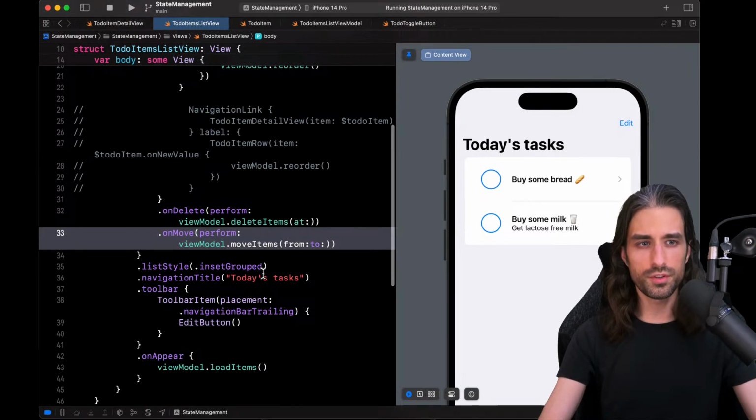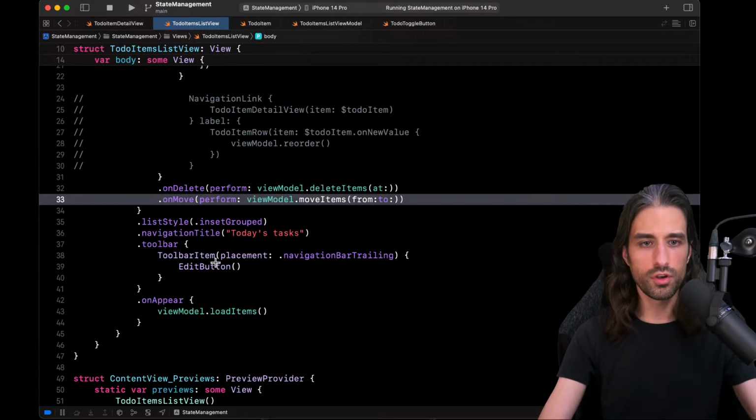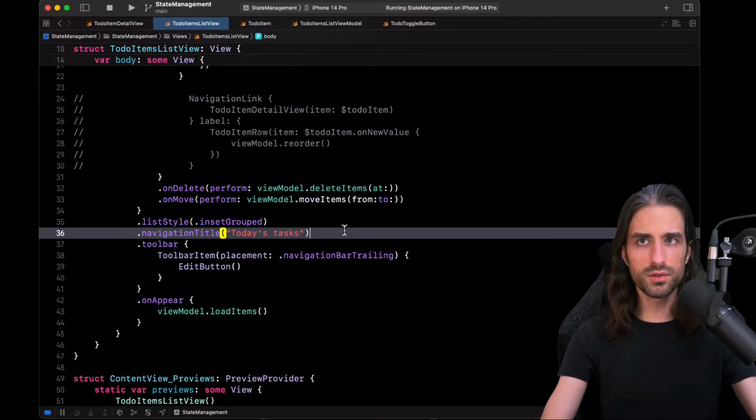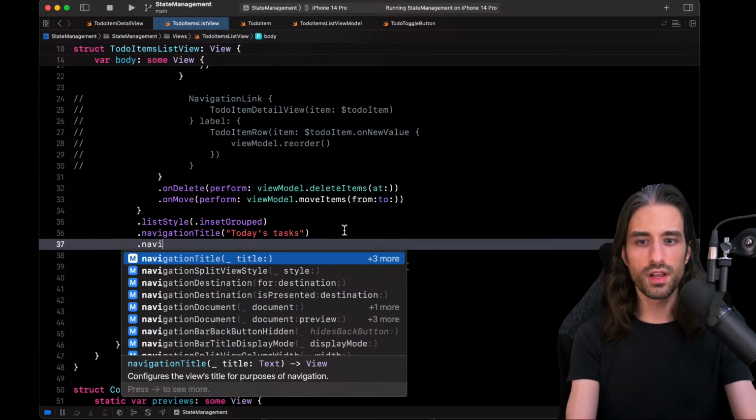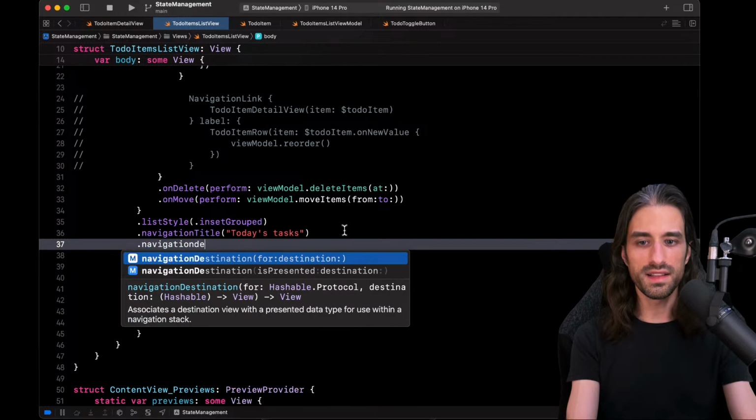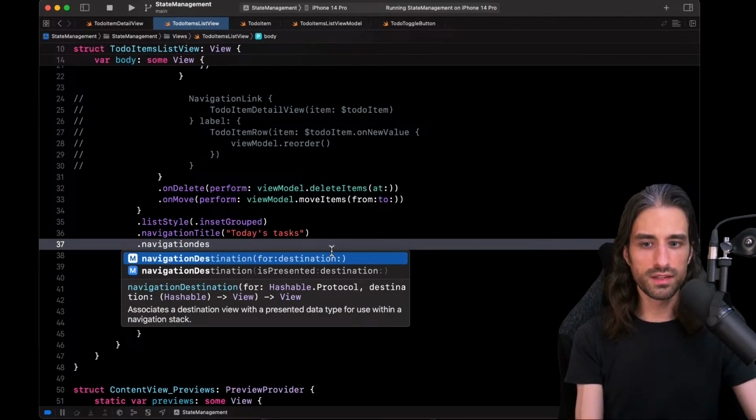So let me scroll down a bit. I'm going to also remove the preview so that we can focus on the code. And so just after providing my navigation title, I will provide what is called a navigationDestination. So navigationDestination for a hashable type with a destination.